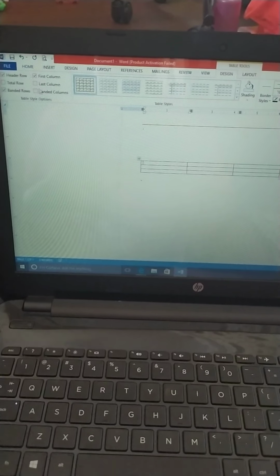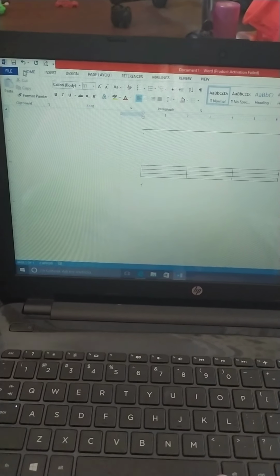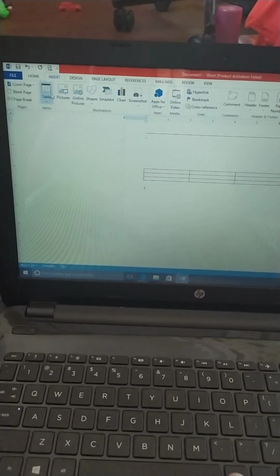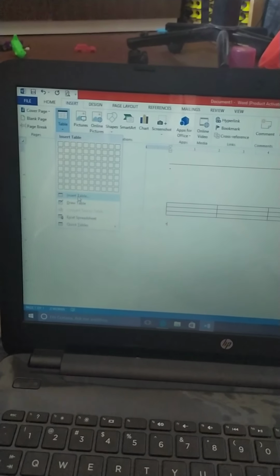Next is using the insert table option. Click on the insert tab, go to the table option. Insert table option is there.